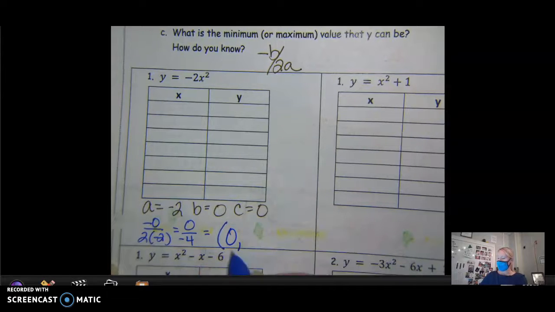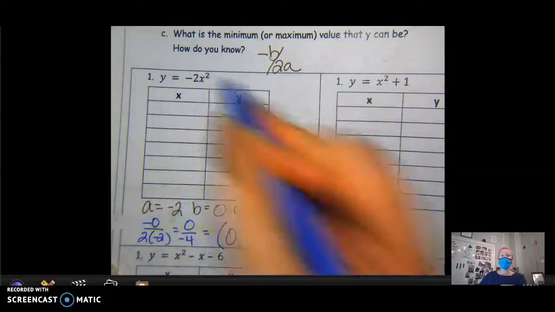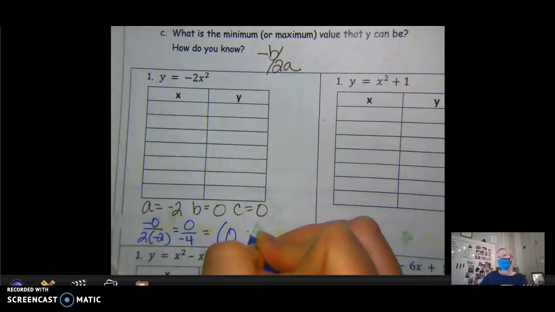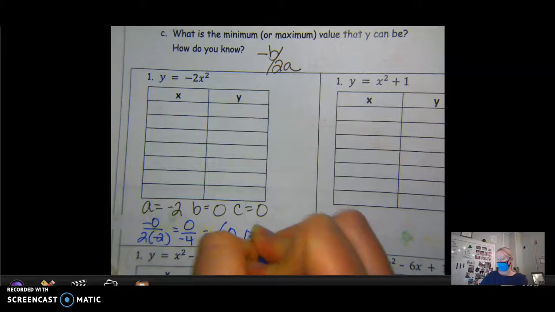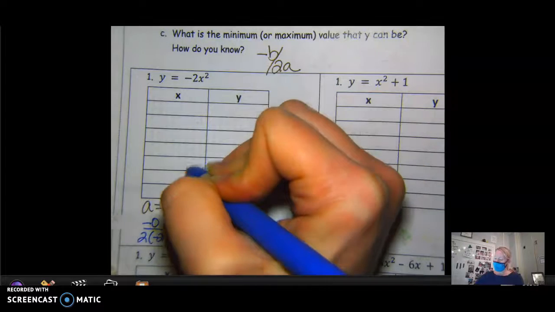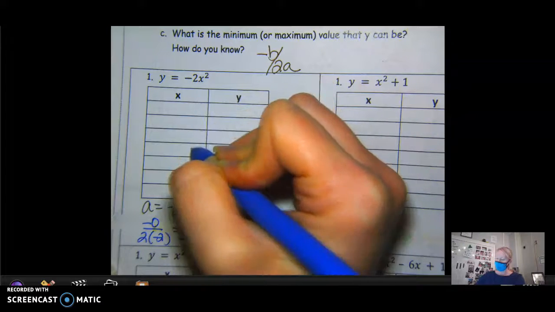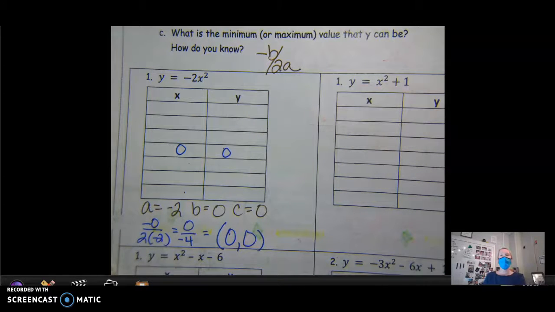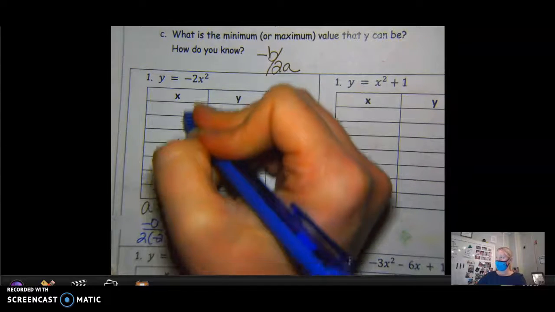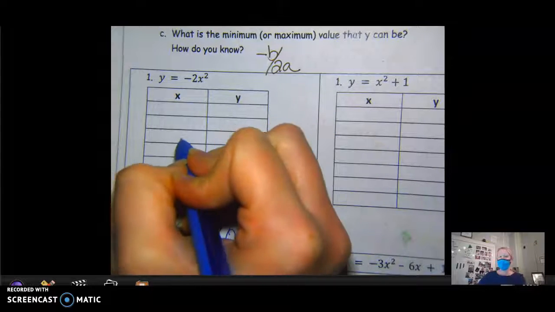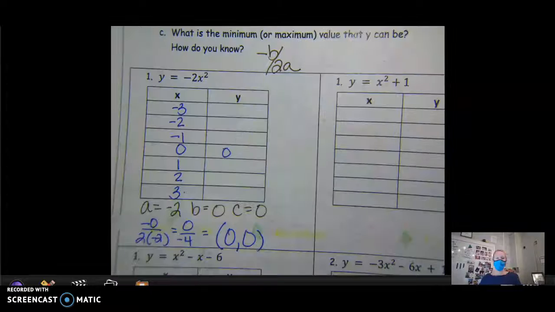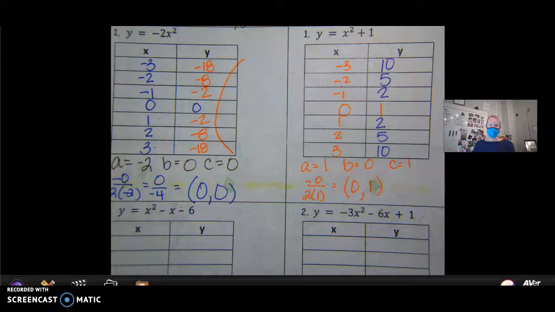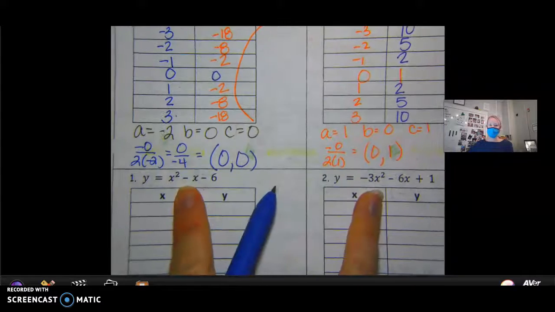0. Now, take your 0 and plug it into the equation. What's 0 squared? And what's 0 times negative 2? 0 times negative 2 is 0. Find the middle box. There's 7. So middle would be 4. Your vertex goes in the middle box. To find the other x values, you're going to go the number smaller and the number bigger. So what is smaller than 0? Find my y values. Put your numbers in for your x's to solve for your y's. Your homework is to finish these 2 problems right here, finding the values in the